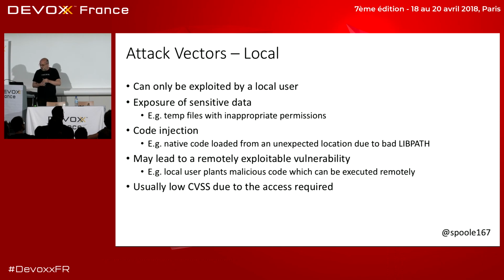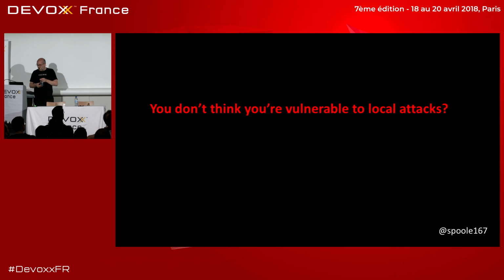Right. And then there's attacking your local system. Can I get into your system? Because if I can get into your system, then I can do whatever I want. Okay, all sorts of ways of injecting, if I can get it into your system. They don't normally have a high CVE score because the theory is that you can't get into your system. But let me show you, that's not really what you might think. So even your local system isn't secure.